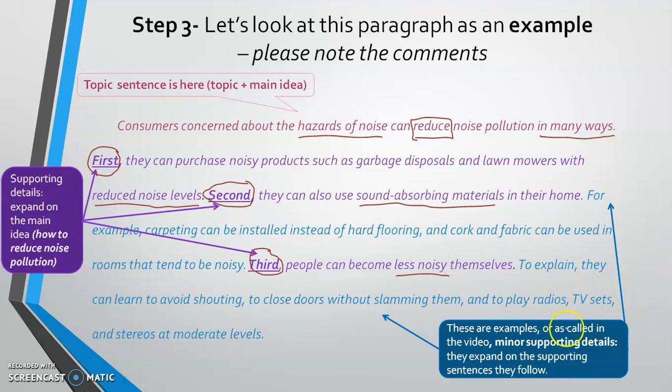What they do is that they expand on the supporting sentences they follow. Let's look here. The second supporting detail was about sound-absorbing materials at home. For example, they gave us examples such as carpeting and hard flooring, cork, and fabric in rooms. Here, the third detail was being less noisy, and the second sentence to explain gives us examples of